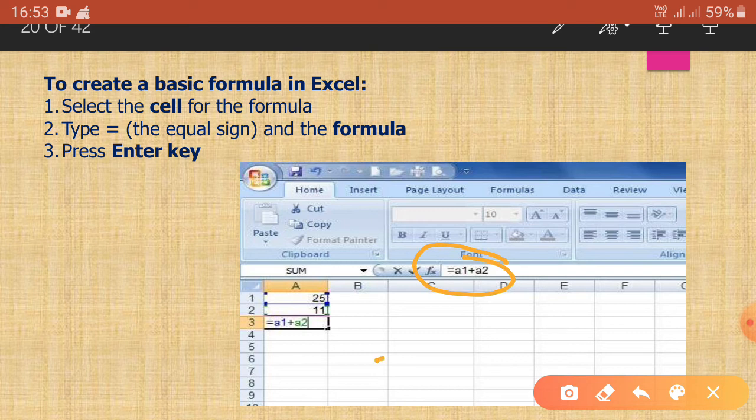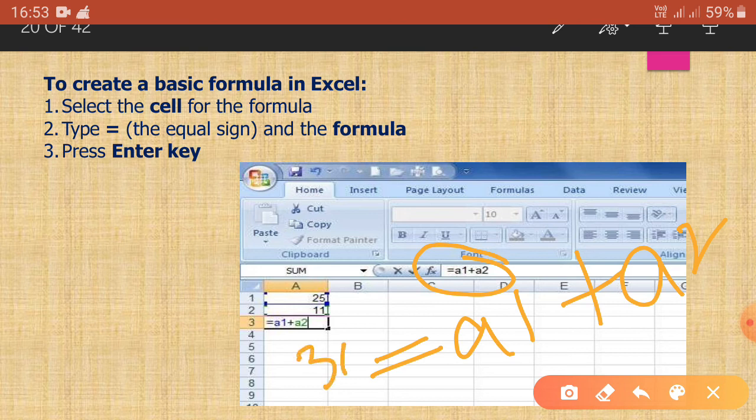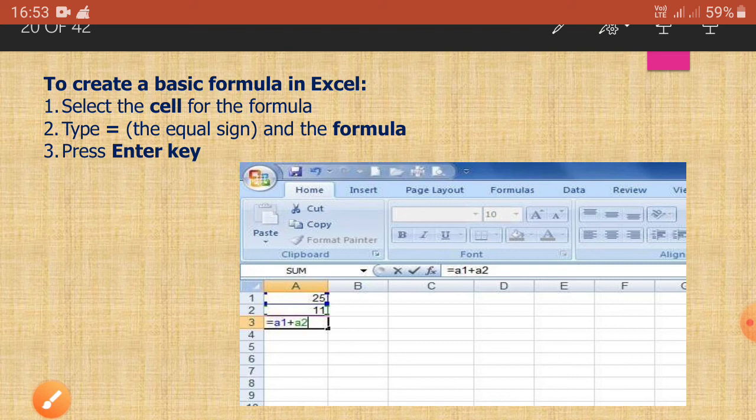We begin with the equal sign, then put the first address, that means the address of 25, which is A1, and then the sign, and then the second address, and then press the Enter key. We got the result 36 in the next cell. So this is the procedure to create a basic formula in Excel. Go to the next slide.